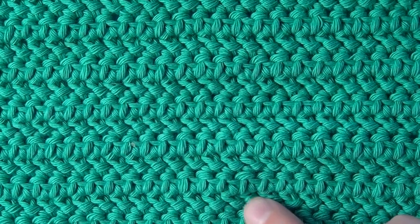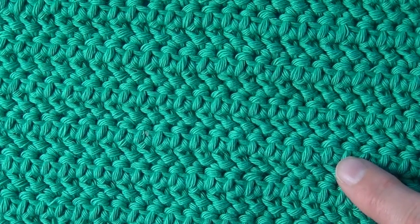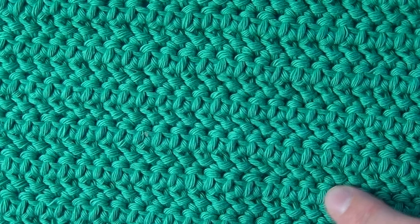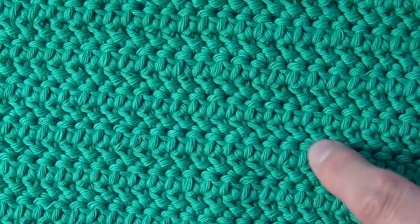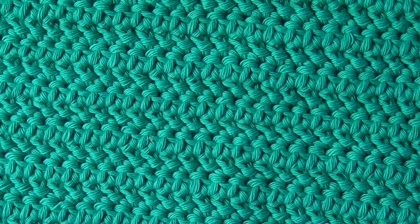As you can see, it's got quite a beautiful texture to it, which is very unisex. In fact, this stitch is often used in patterns for men. You can see that there's that little bit of a herringbone texture going on there all the way through the stitch design. And if I come out a little bit,